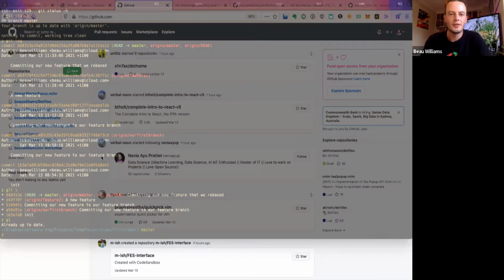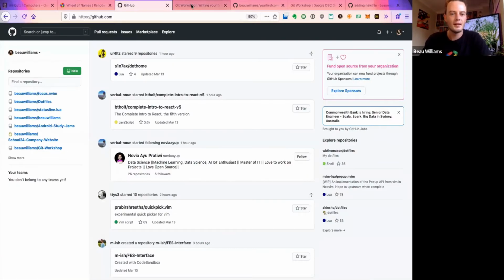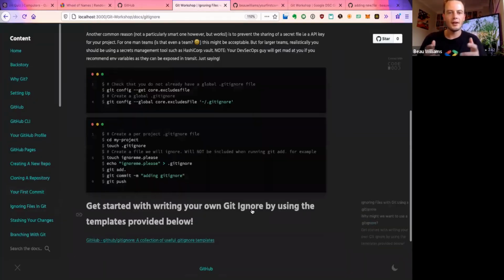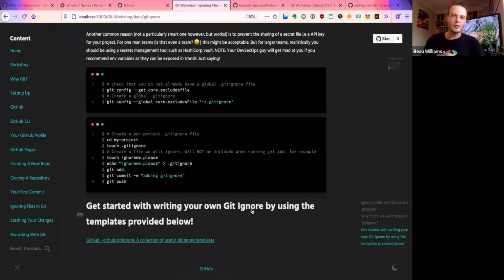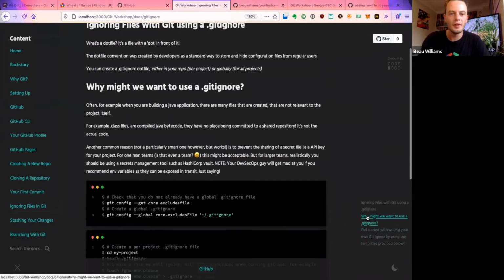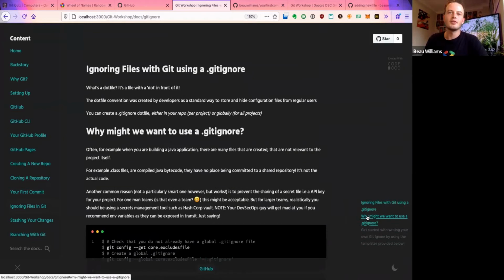All right, so that's done. So we've just written our first commit. Awesome. The next thing we're going to do is figure out, okay, so we've got a new project and we've got all these files in the project. For example, we're making a Java project. And when you make a Java project, or any of you that have made a Java project, you end up with these .class files. And they're not really necessary. They're not really a part of the code.